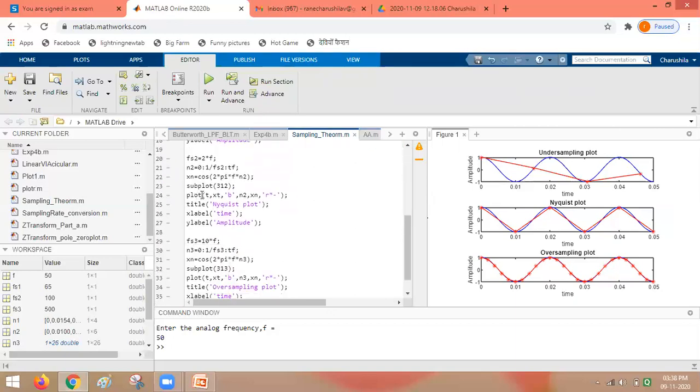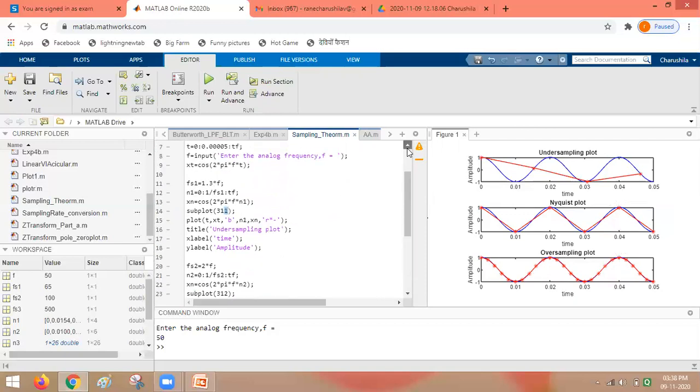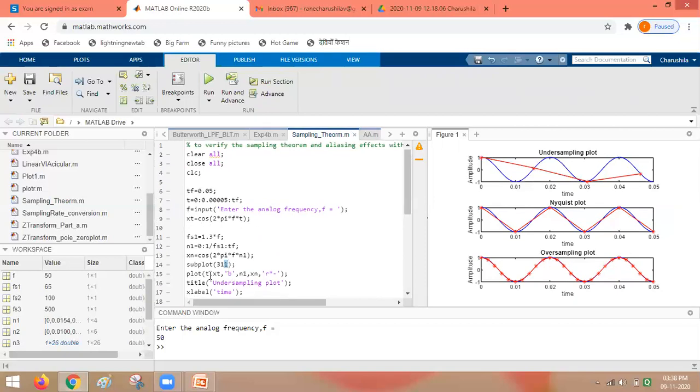Similarly, we can see here in the subplot instruction the third parameter is given as 2. That means the second subsection of the figure window is going to be used. You can see here in the first section, we are going to plot two waveforms, xt and xn. Xt is the original signal with the given frequency, and xn is the sampled version of that with a sampling frequency which is less than the Nyquist rate.